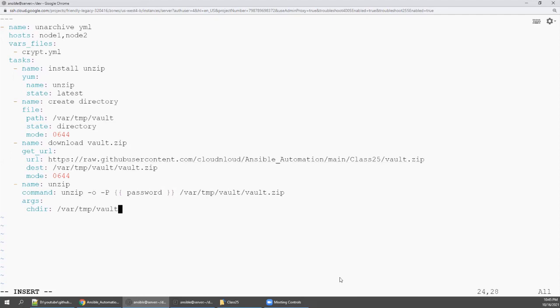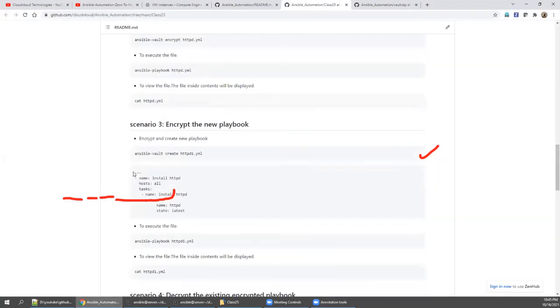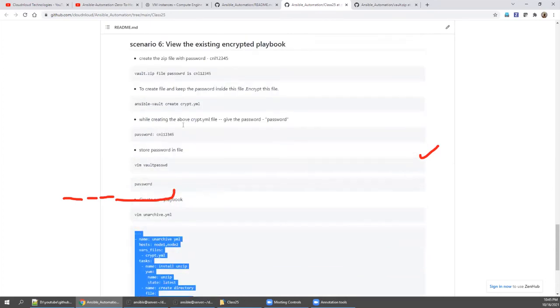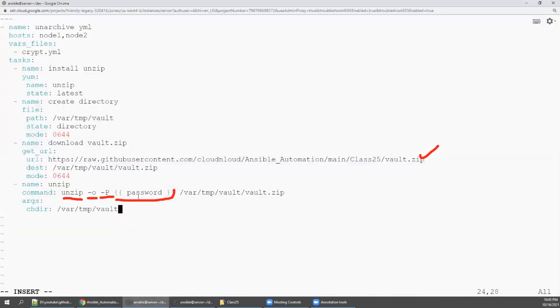So we have downloaded this file, right? Now we use unzip with the -o option and password. What is the password? I am passing a variable. You remember this file we have given, come down, see here, inside this file we passed this variable, right? So this variable we are mentioning here.